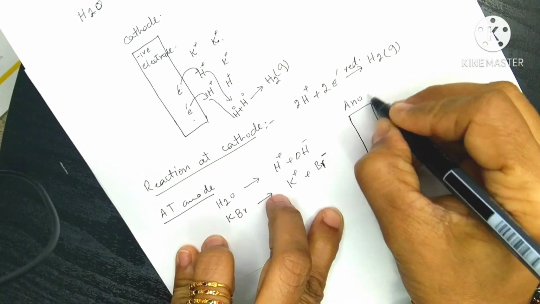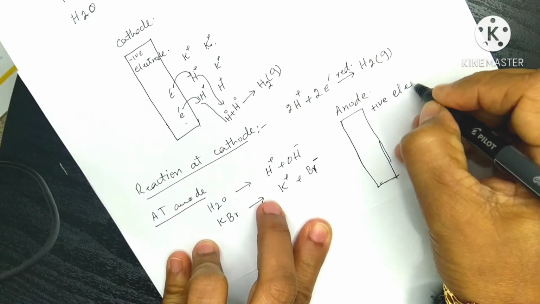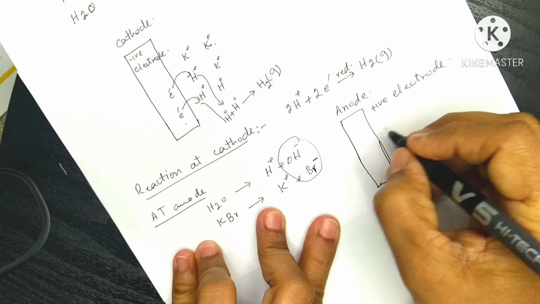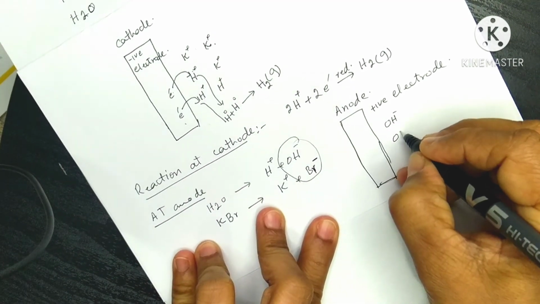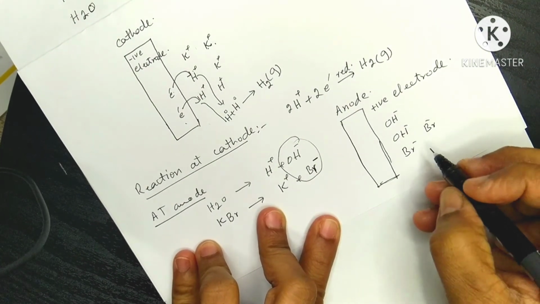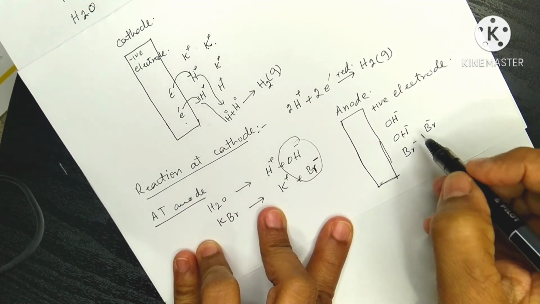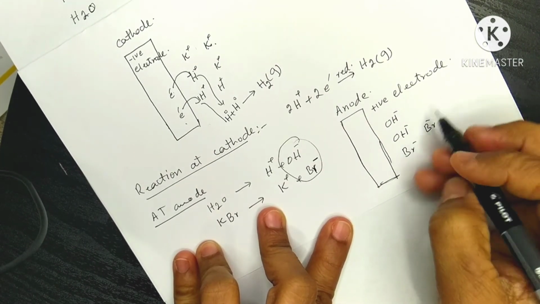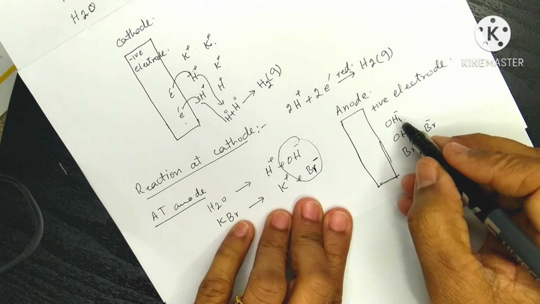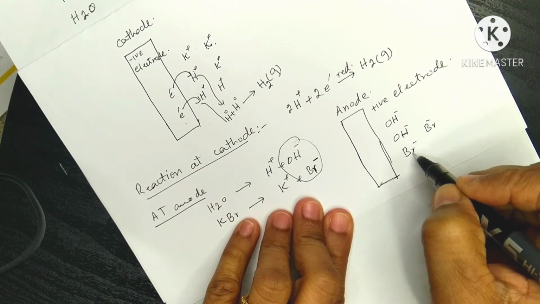anode, and anode is also called positive electrode, and negative ions, these ions, they will move towards the anode. So here is also competition between the negative ions. Now in this situation there are two factors: the reactivity of the negative ions as well as the concentration. In this case, water is weak electrolyte. We have a few number of the hydroxide ions. The concentration of the bromide ion is more.